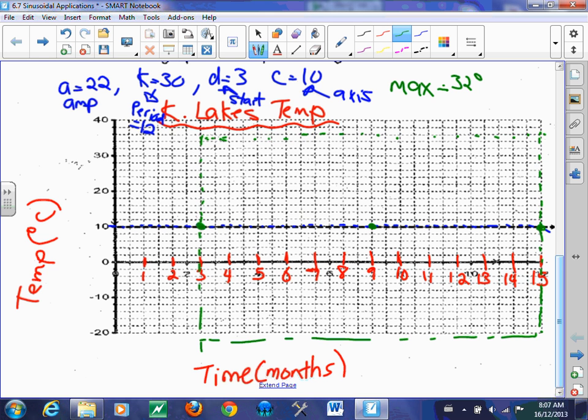So I've got 30, 32 right here. Okay, and then we know that our minimum, which is going to be halfway between 9 and 15, which is 12, is going to be at negative 12 degrees Celsius. Okay, so at 12 months, we're going to go to negative 12, coming along here. All right, so that's enough information, ladies and gentlemen, to draw one cycle